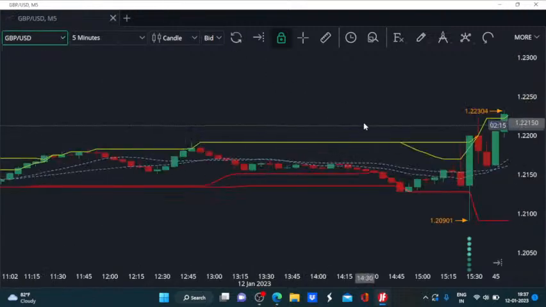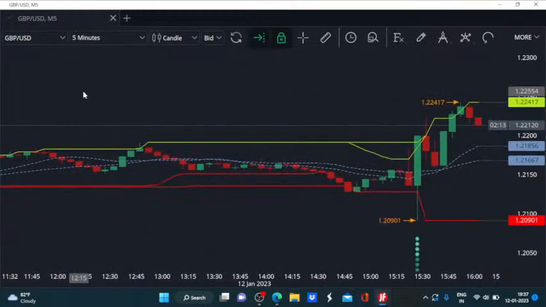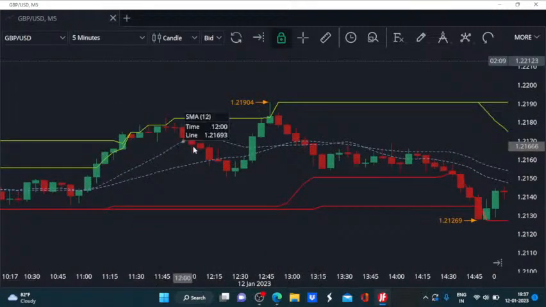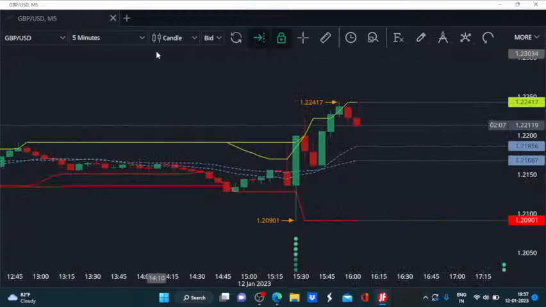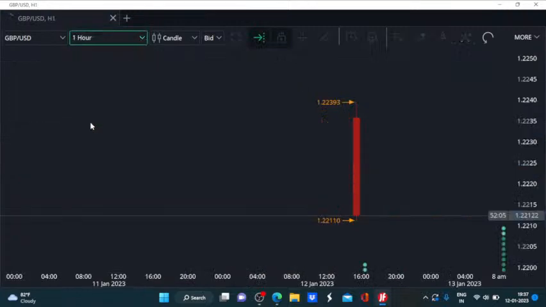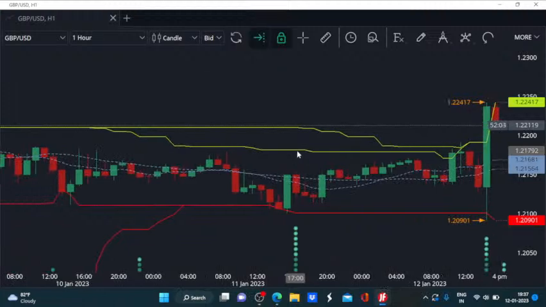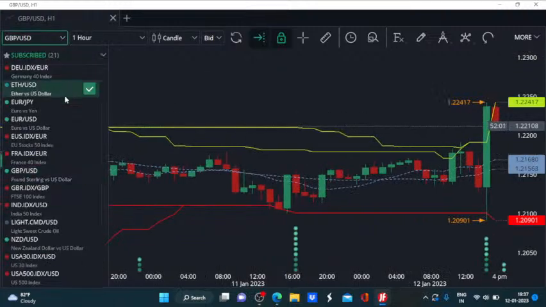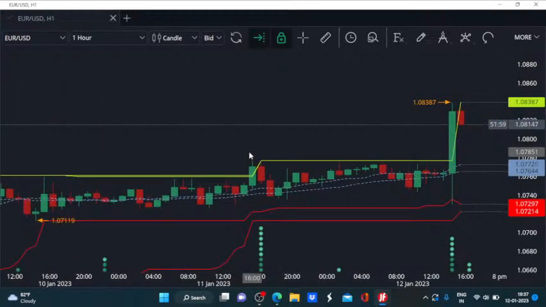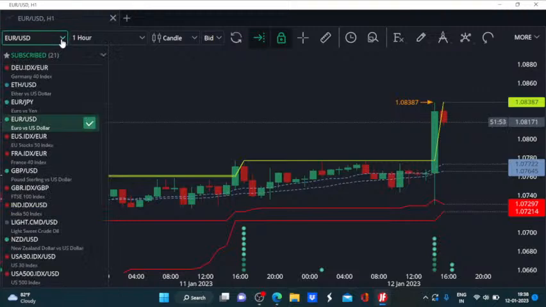Now if we compare that with the price trajectory of the GBP, GBP has this prior surge, but then the euro has a late surge, so it is more or less neutralizing the price moves. And if we look at the larger time frame charting, the euro is apparently on a better footing for further rise.